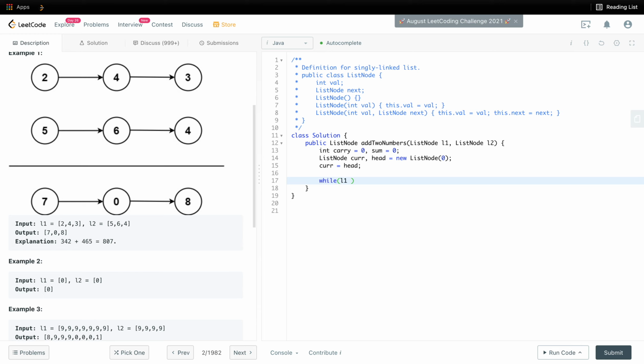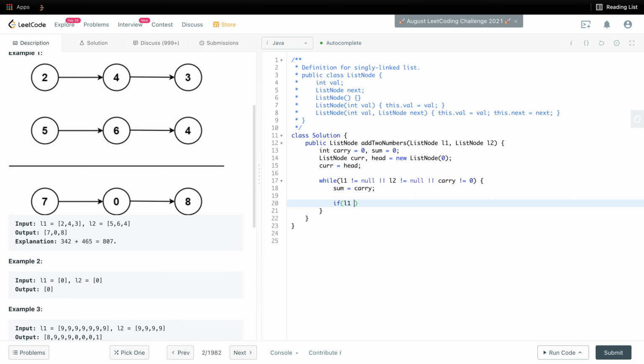Now we'll loop through both of the lists. We'll loop till both of the list nodes are not null. At the same time, we also have to check if our carry is greater than 0, or carry is not 0. So if carry is 0 and both lists are null, our summation is done. At first, we'll start from our sum. At every iteration we have to make sure our sum starts from carry. So we'll make sum as carry.